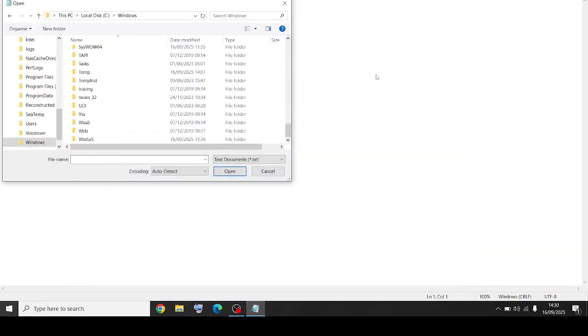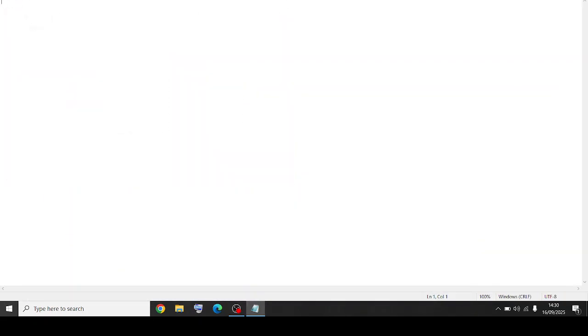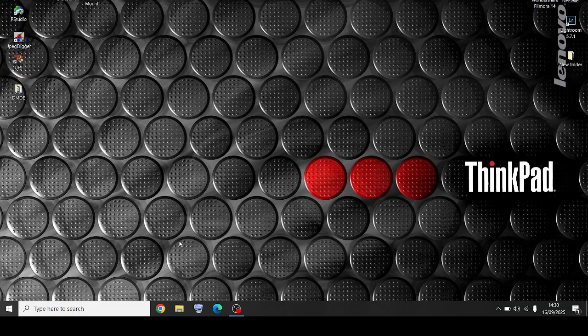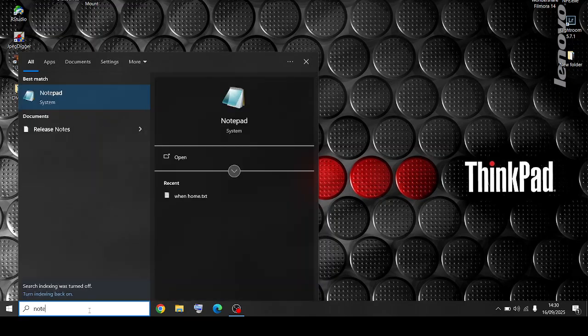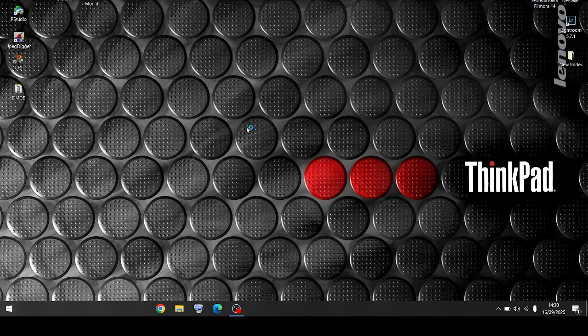Okay, so if you need to block people from the website pages for any reason, you might not want your kids to visit certain places or people in the office, you have to go to Notepad, right click it to run as administrator,